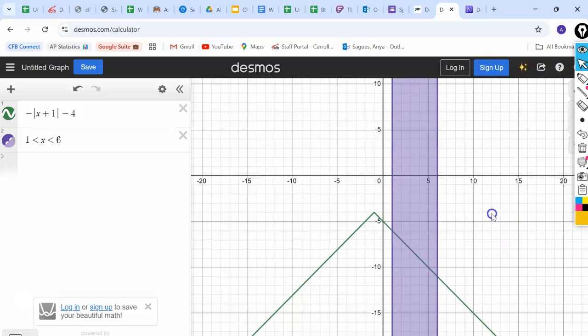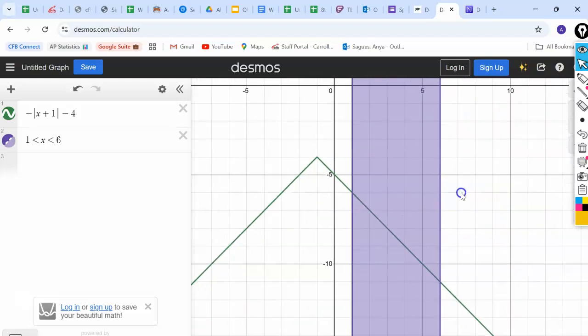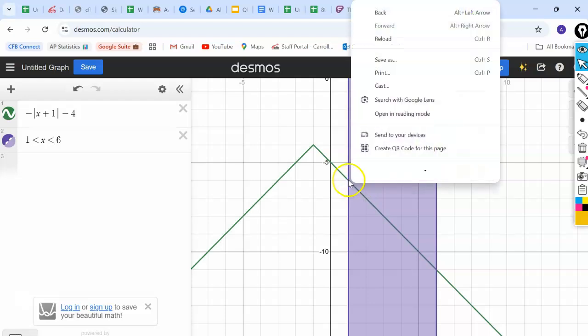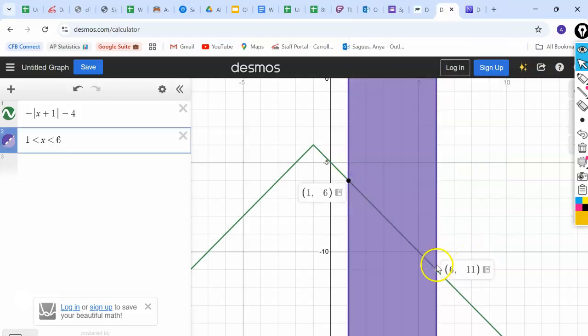So it gives me this picture, and I'm looking at the shape of the graph inside of this shaded area, and I see the 2 points that it gives me. It gives me my highest point in this area, and it gives me my lowest point. So for a